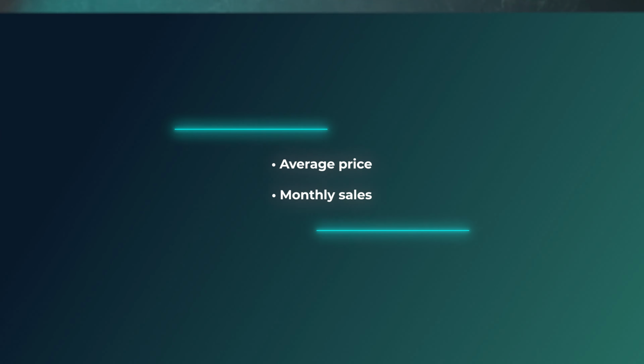Tools like Helium 10's Black Box combined with GPT models can extract meaningful patterns from market data and predict which product features will actually drive sales. Let me show you how this works. Let's say you're considering launching a yoga mat. Traditional research might show you basic metrics like average price and monthly sales, but when you feed this data into